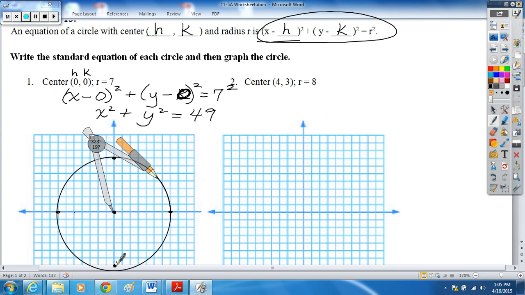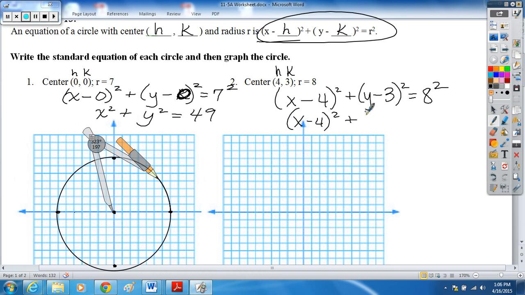All right, as we look at number 2, we have h and k, and I plug that into the equation: (x - h)² + (y - k)² = r². Now, obviously, I can't really simplify these terms any further, but I can simplify the radius squared, so I would like to see this. That's the equation I would be looking for if I wanted to describe the center at (4, 3)